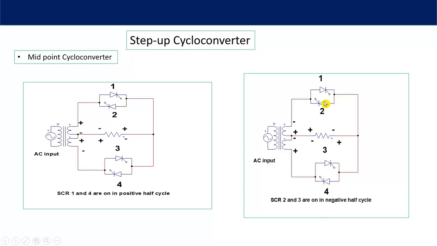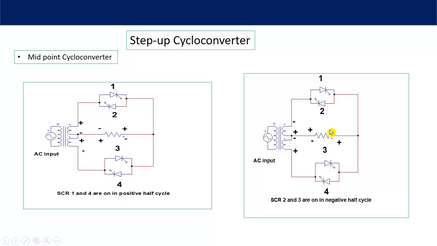So you can see the thyristor number 2 here can be turned on. Provide the gating pulse to this thyristor number 2 for some duration of time, and then you can see we want negative output voltage across the load resistance. So when thyristor number 2 was on, you have got the current like this,